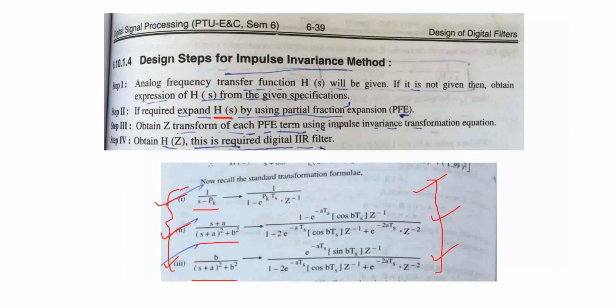Here you can directly apply the formula, but here they instead use the second formula; they use the first formula to calculate the numerical. But you can directly use the second formula because H(s) is given in the form of this second formula, so you can apply the second directly. Okay, but if you want you can apply this one only. Here, instead of applying the second formula directly, they have broken this down and used the first formula. Clear?